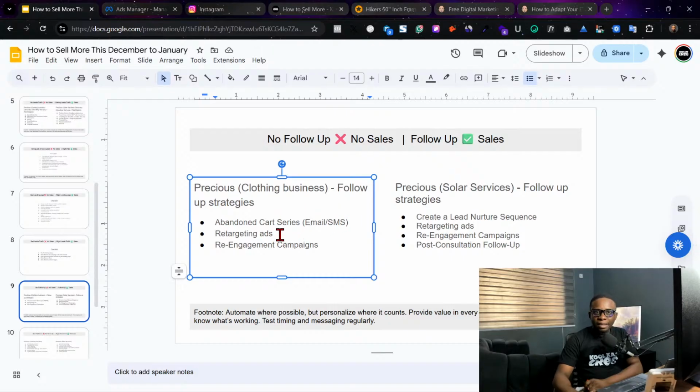You can do retargeting. Retargeting means, there was a guy, literally, I saw his ads one day. I just checked his landing page and everything. I left. After a week, I saw an ad telling me, I know you came to my page, please kindly finish up what you started. Meaning he purposely retargeted me. So retargeting is a strategy.